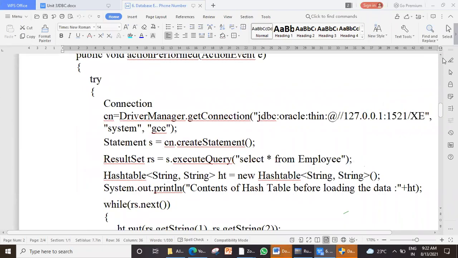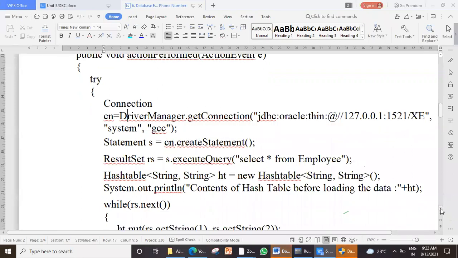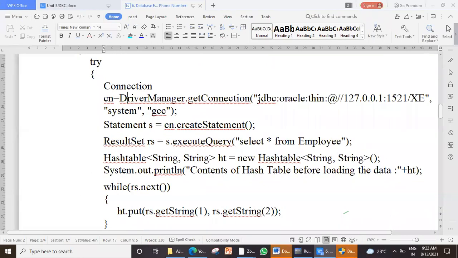Now here in the action performed, I'm going to connect with the database. To connect with the database, what is it that we are using? JDBC. What is JDBC?